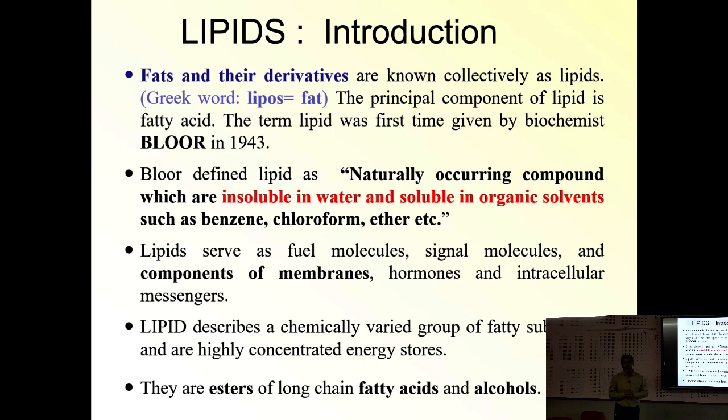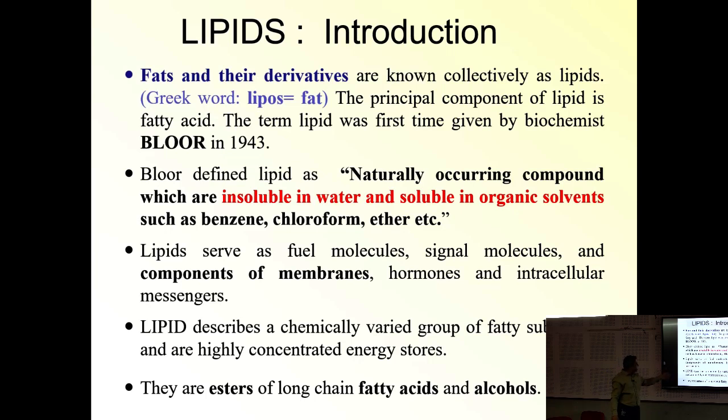So, chemically, how can you define lipids? Oils and fats are the terms. Generally, oils are liquid at room temperature, and fats are solid at room temperature. Chemically, we write lipid with a certain chemical constitution: CH3, CH2, CH2, CH2, COOH, n number of CH2, 2n minus 1. That I will teach you later on.